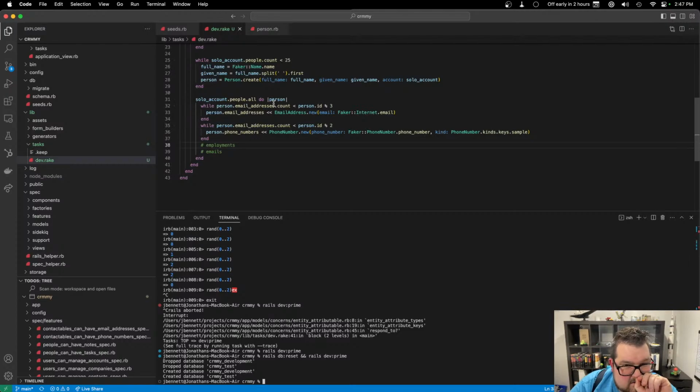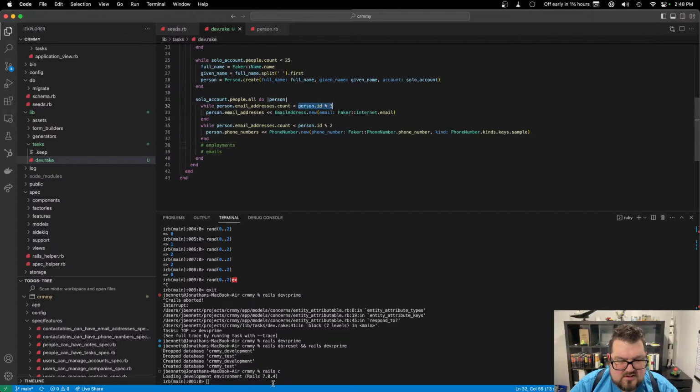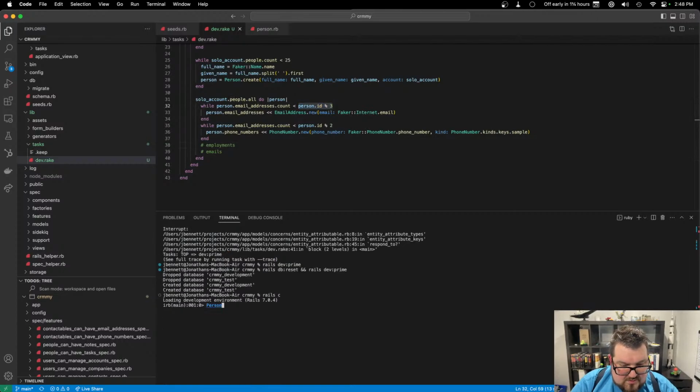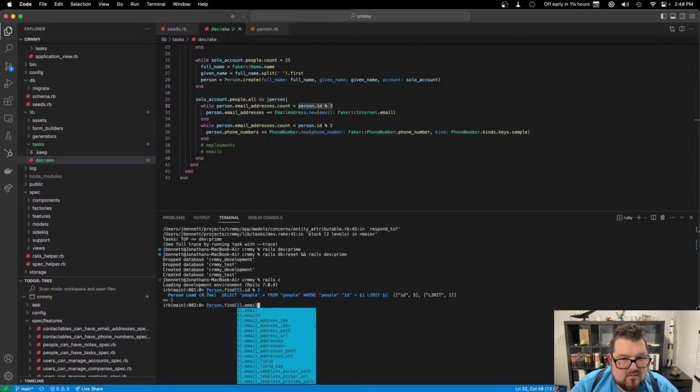Well, email address count is less than... Why is that? Rails c. Am I not doing what I expect there? Person.find 5, ID mod 3 is going to give us 2. And if we look at email,